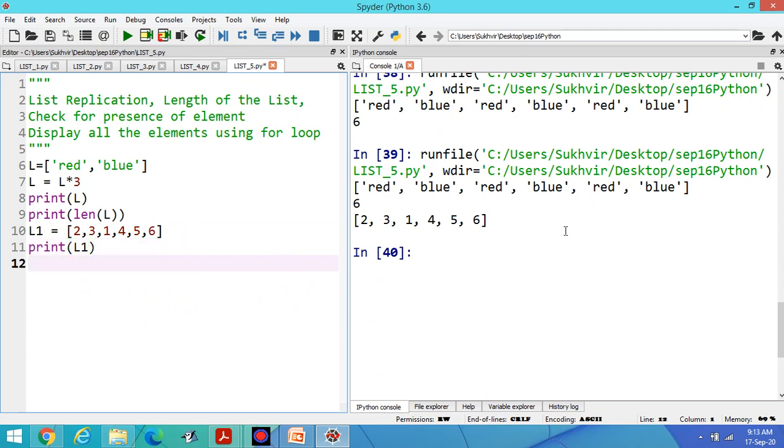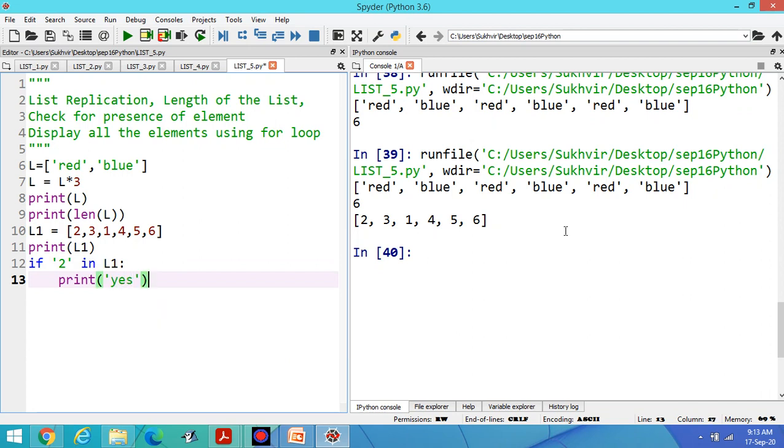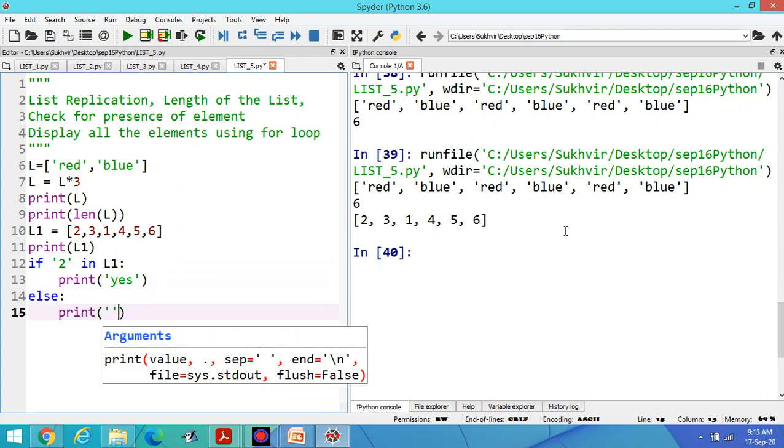Suppose I have to check the presence of the element. If in double quotes 2 in L1, then print yes, else print no. Suppose this one is there.